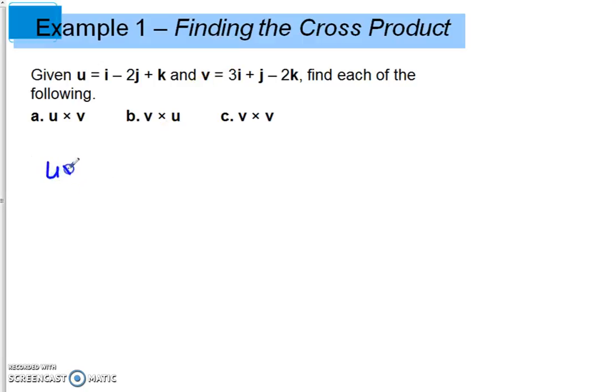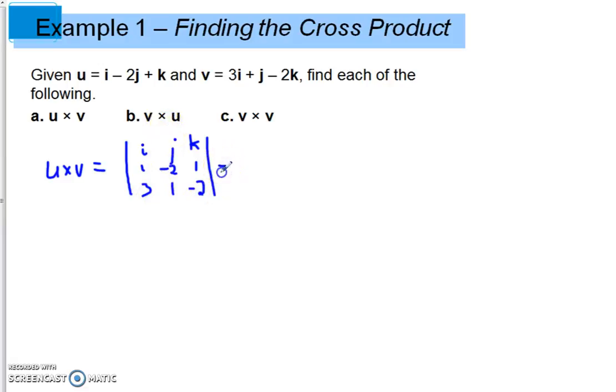u cross v is equal to, and again I set that up with my matrix. Here's i, here's j, and here's k. Underneath them I put 1, -2, and 1. And for the v vector I have 3, 1, and -2. You'll notice example 2, which I'm going to let you do on your own, is v cross u. In that case, the v coefficients will be in this row,